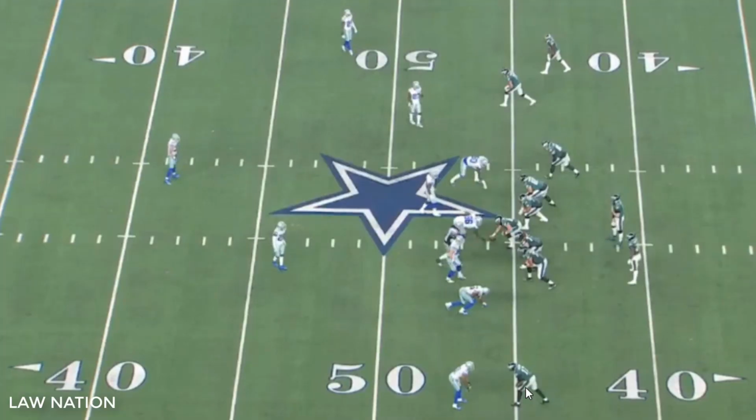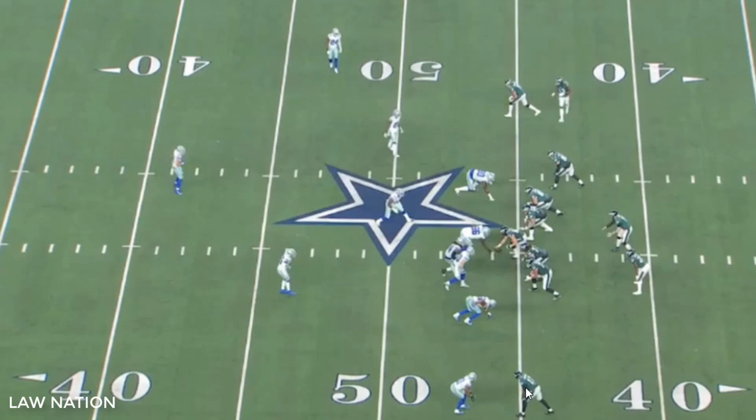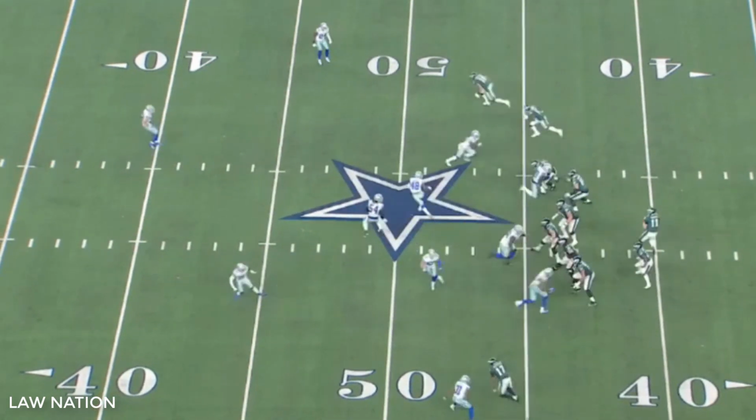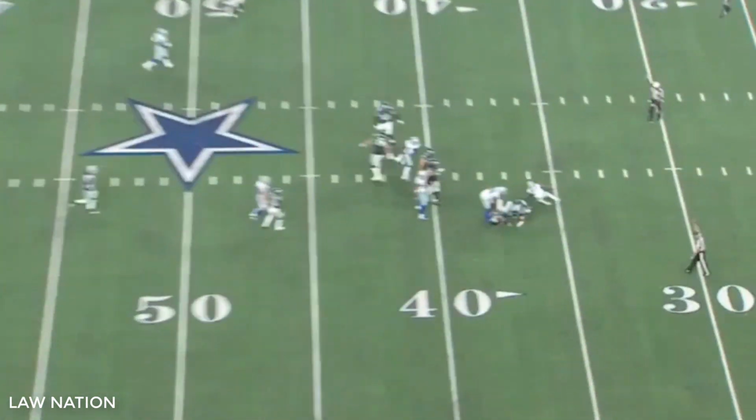Let's look at this play right here. We're going to see that they're going to display a blitz. They're going to overload one side of the field, meaning that they're going to bring more than they can block. So the front offensive line has got to shift their protection, and they've got to make sure that they cover everyone. But the Dallas Cowboys bail out of the blitz, and they bring in Jourdan "Hip Pocket" Lewis, shooting out there to